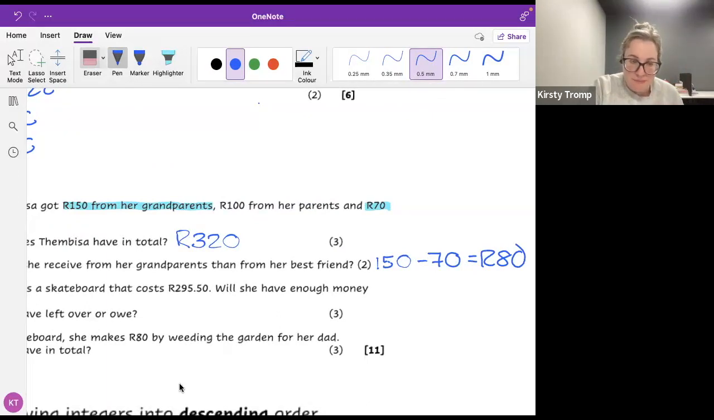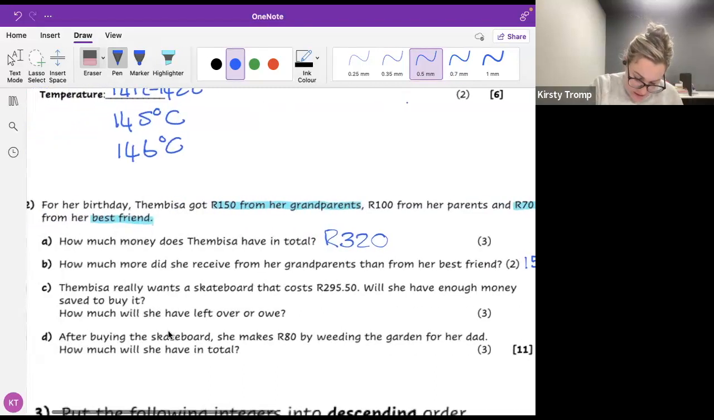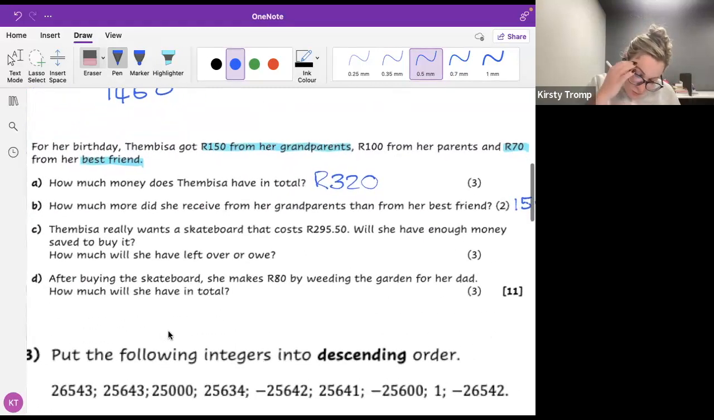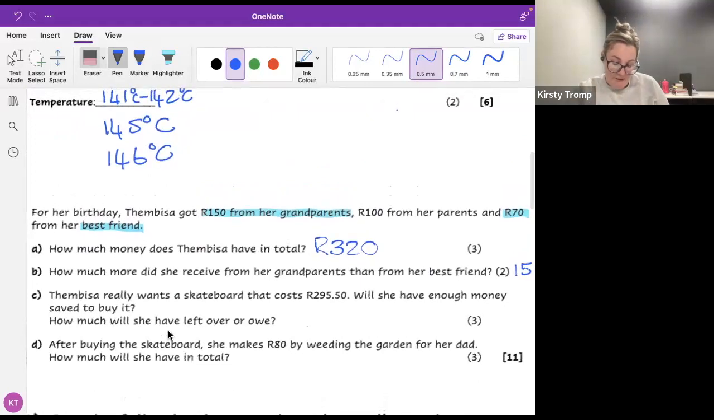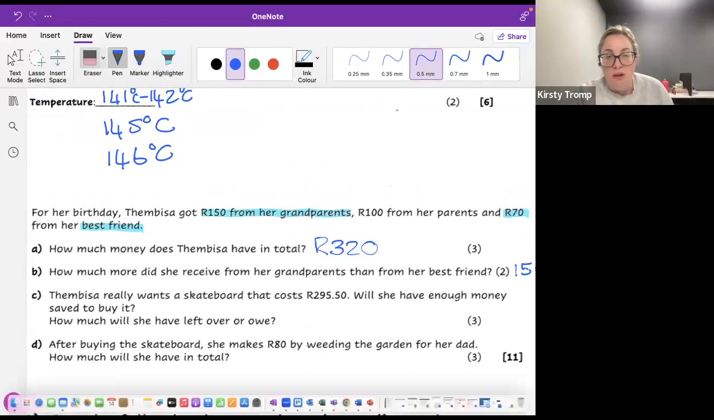Okay. Let us have a look at the next one. So C says, Tembisa really wants a skateboard that costs 295 Rand and 50 cents. Will she have enough money saved to buy it? Okay. How much money will she have left over, or how much money will she owe? So let's see here. I've got